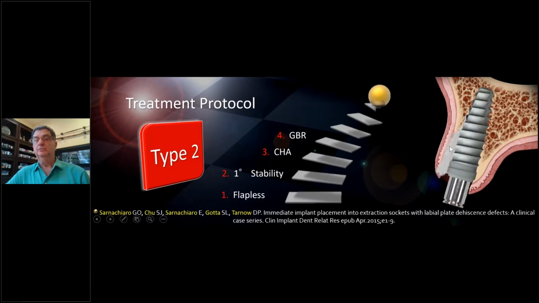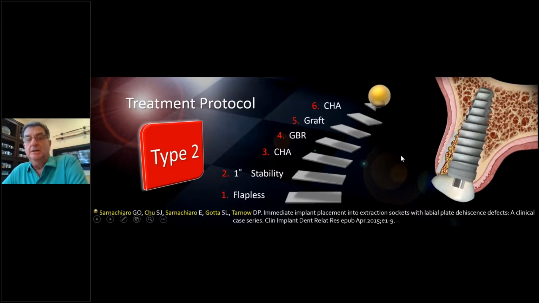You take it off, put a membrane in, then put a graft in inside. So now here's your GBR. That's like the cone part of the ice cream cone combined with the bone graft. So you graft the apical part, and then you have the custom healing abutment. You put the custom healing abutment back on, and it socket seals the surgery, keeps the shape of the tissue open, and allows you to graft that whole buccal area later. That's the combination of type 1 and type 2 ice cream cone combined with type 1 surgery.